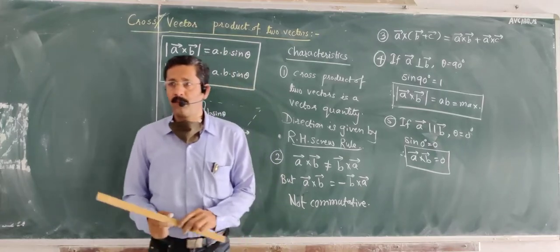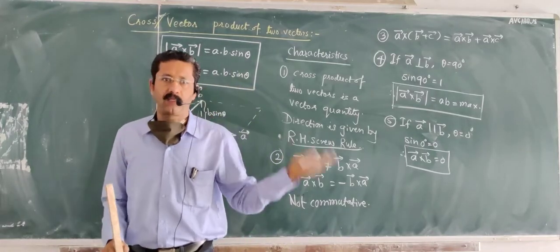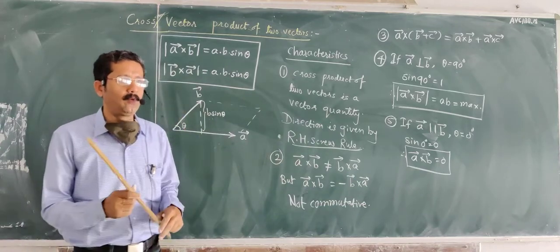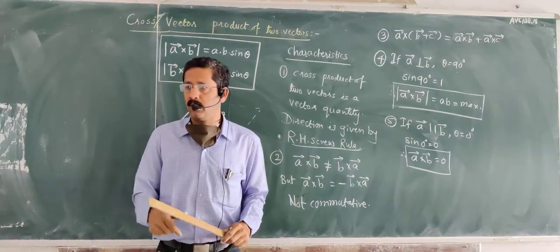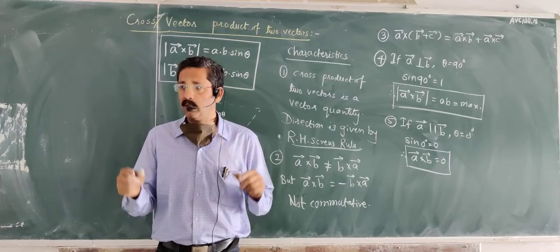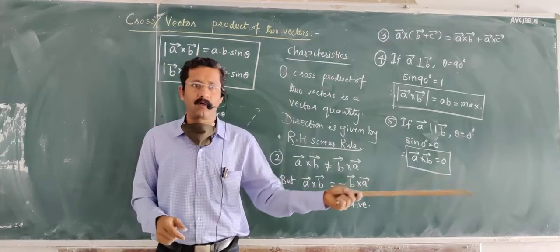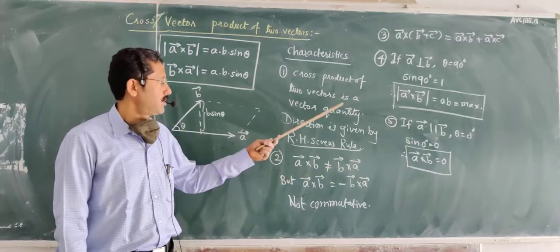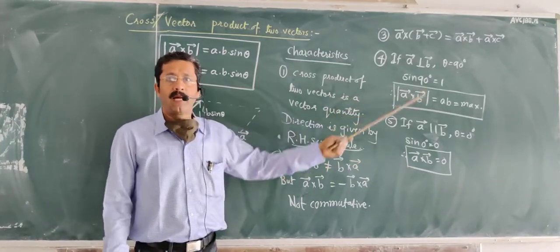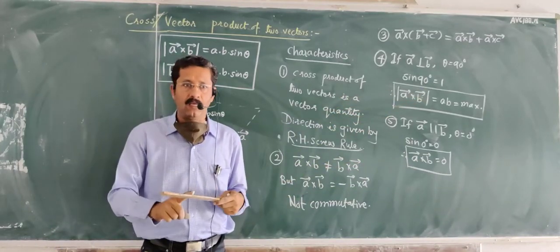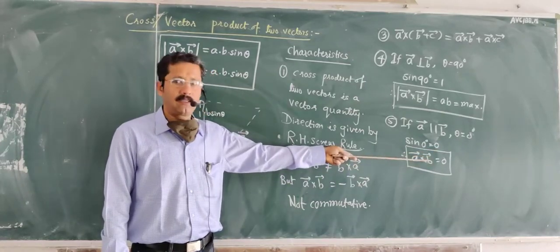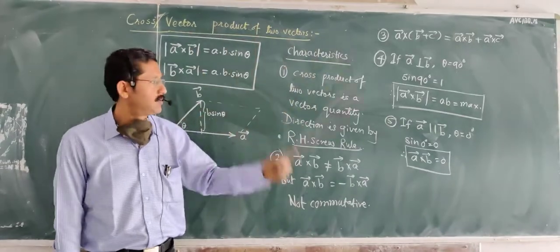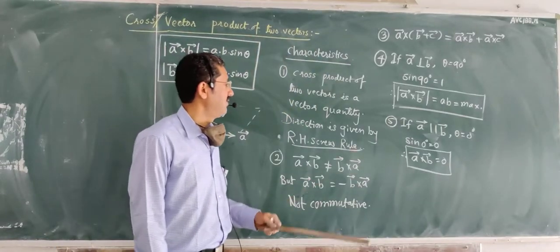So from these properties of scalar product and vector product, we can see that if at all I want to prove that the two vectors are perpendicular, when the vectors are perpendicular, dot product was 0. But cross product is maximum. And if the vectors are parallel, cross product is 0, but the dot product is maximum. So these are certain things that you have.